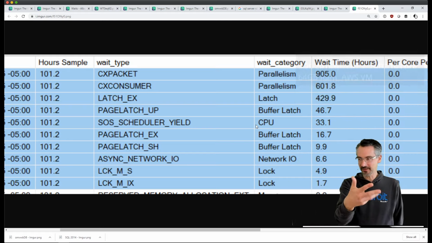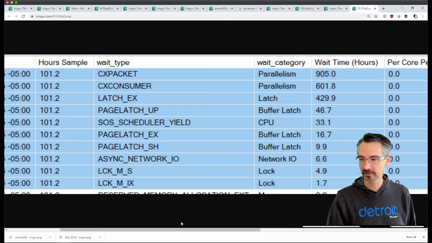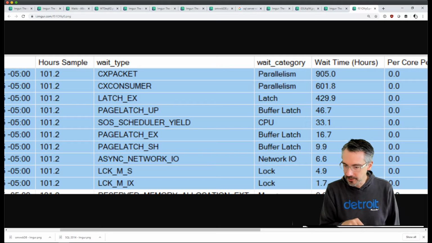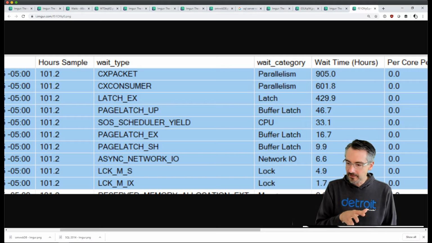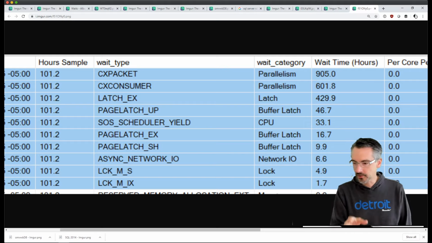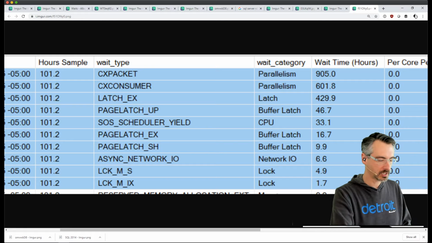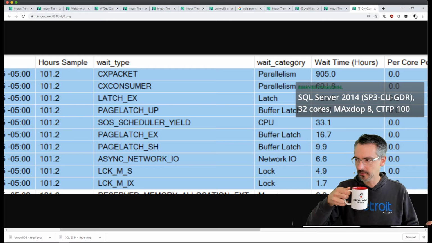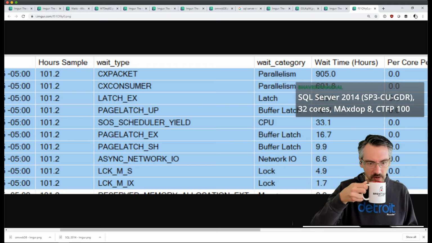That's kind of awesome. I didn't even think about asking for that, and I'm going to have to do that every time now. So Jack LT says SQL Server 2016 Service Pack 2, 2.5 gigahertz, 16 cores, 64 gigs of RAM, AWS VM. Well, technically I don't think AWS offers one that's exactly 16 cores and 64 gigs of RAM. Well, maybe they do. It's been a while since I have.